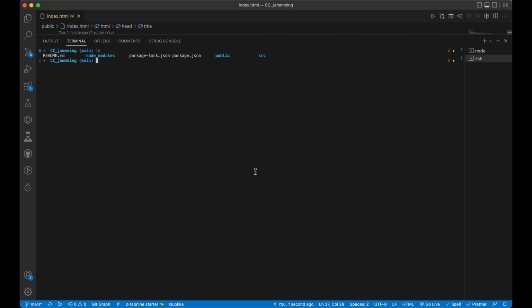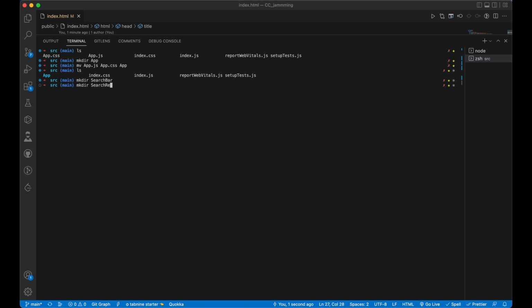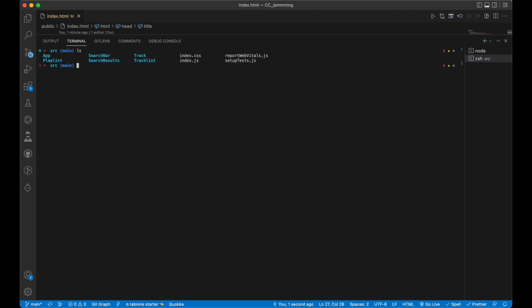So we are going to go to our src or source directory, and inside that we are gonna create directories for all of our components. First one is App. We should move the App.js and App.css inside the App component directory that we have just created. And now we can create the directories for all of the other components, which are SearchBar, SearchResults, Playlist, TrackList, and Track, I believe. For now, we only need to create these, and we also need to create a .js